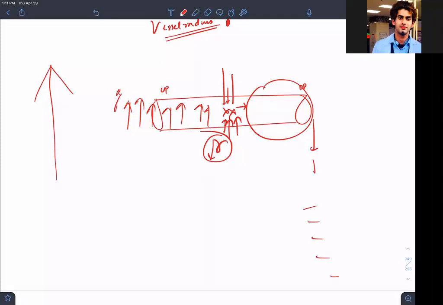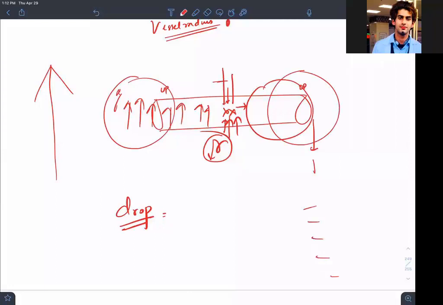drop? This is called the pressure drop, isn't it? What is drop? Let me first explain. Drop means when you are comparing this pressure and this pressure, when you are subtracting them, that will itself be equal to the resistance, because whatever resistance you are applying, you are creating the difference.